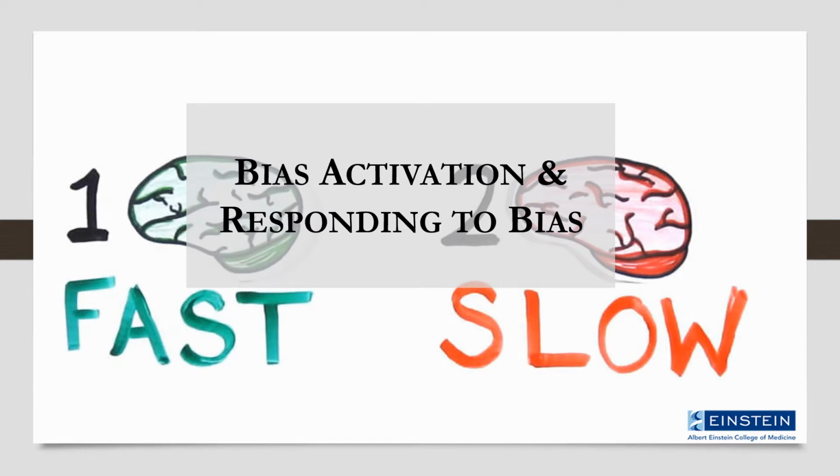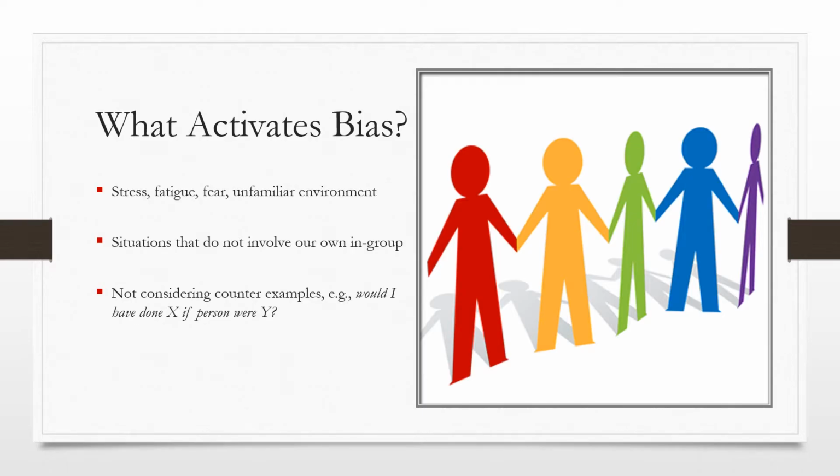Now that we have reviewed bias as a part of human nature and reflected on our own lived experiences, we can identify strategies that might help decrease the influence of unconscious bias in our interpersonal interactions. As we review strategies, please keep in mind that it's human nature to be biased, and that everyone has a unique lived experience which may influence the formation of their unique biases. Consider how frequently we may all be acting and reacting as predicted by our unconscious biases instead of our conscious values during a busy workday.